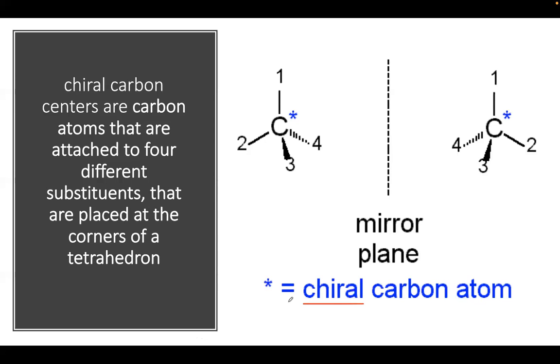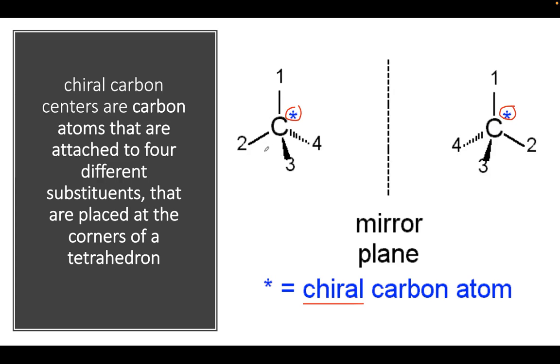It is found at the center of the amino acid structure. So a chiral carbon is the central carbon which is attached to how many substituents or groups? It is 4. So the magic number is 4. So always remember the chiral carbon, like what you see here with the asterisk.